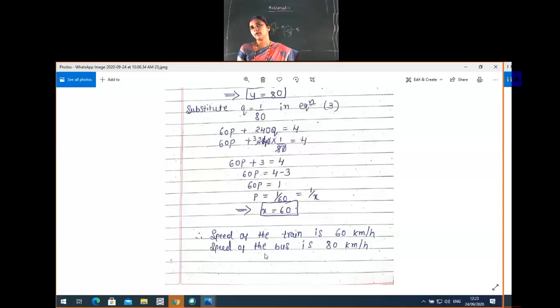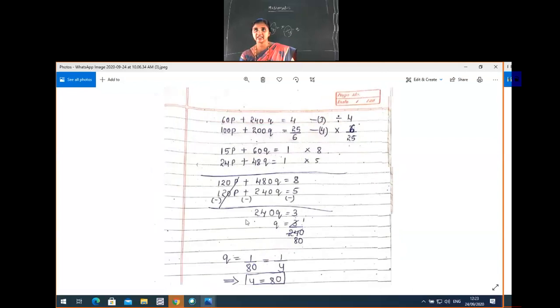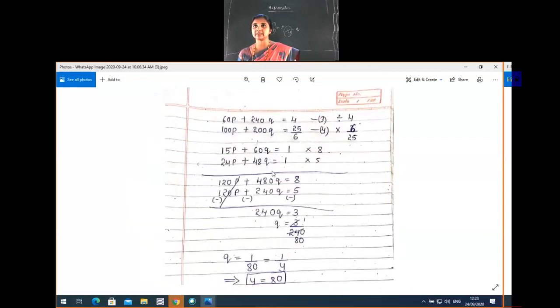I think you have got a clear picture of the chapter, or if you still have doubts, now we have time, we can discuss the doubts. So this is about the pair of linear equations in two variables topic. Okay, we'll give time. See, if you don't want to speak, you can send messages, whatever doubts you are having. You can send the message now only, not after the class. Okay, so now we have time.